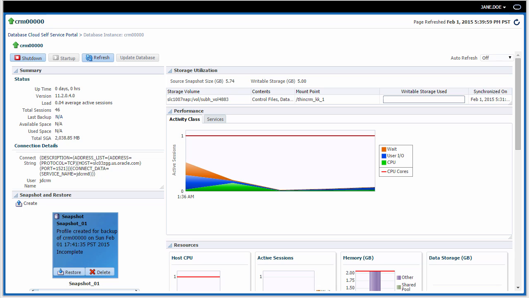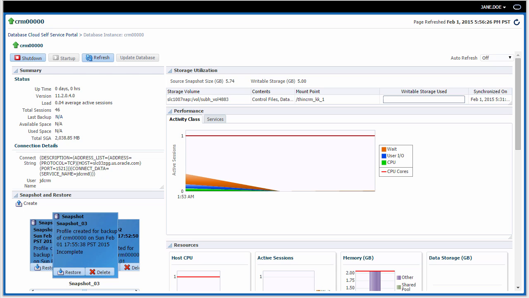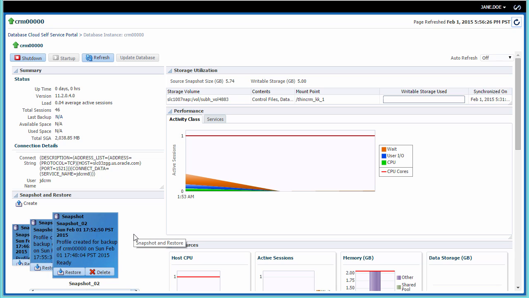I can create as many of these as I want, so I'll create a couple more as well. While the snapshot is being built in the background, you'll see a status for the snapshot of incomplete. Let's say this database is being used by developers for testing new code. Once that status of incomplete clears, the snapshot is ready,